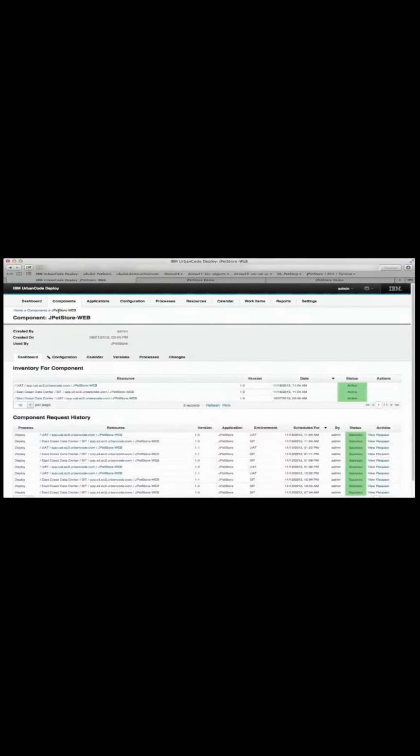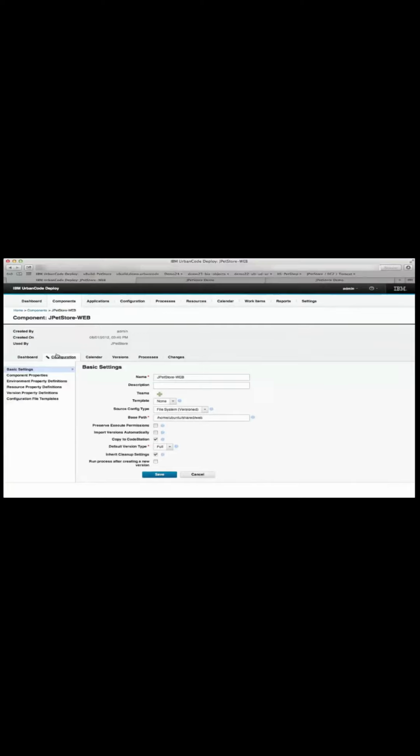Now, where do these things come from? Well, if we look at the web components configuration, we can see that there's various source types. Right now,